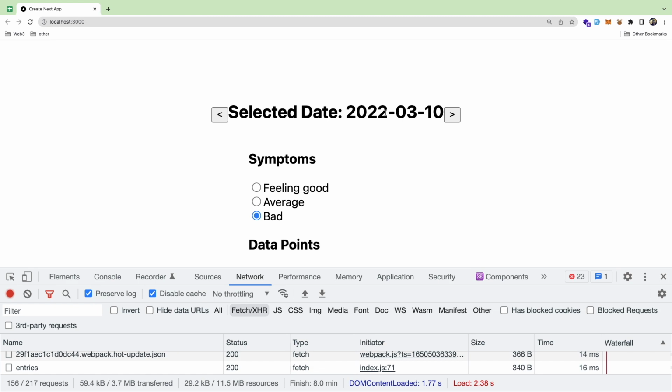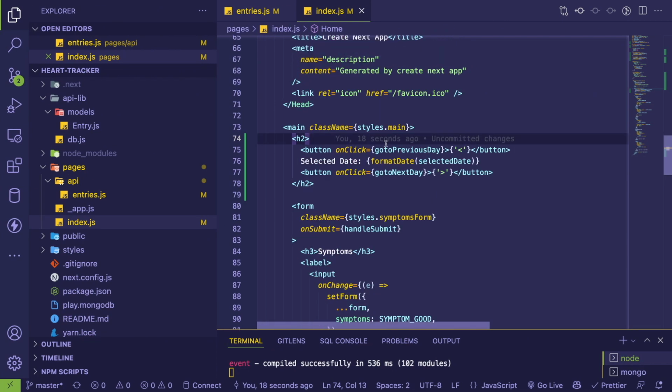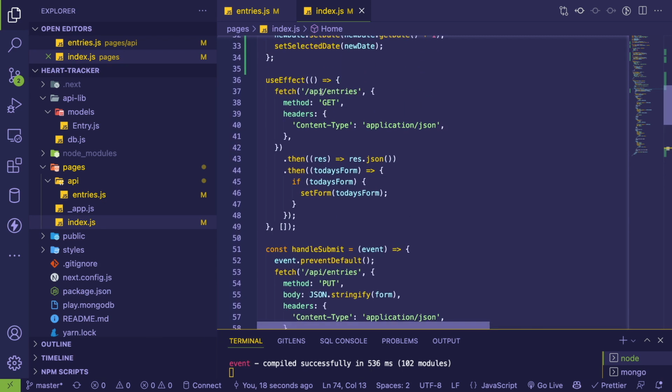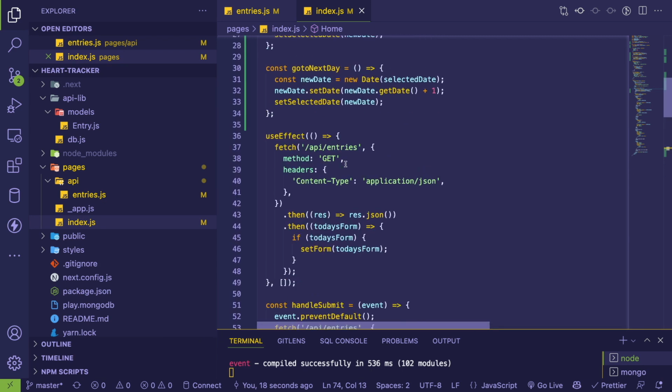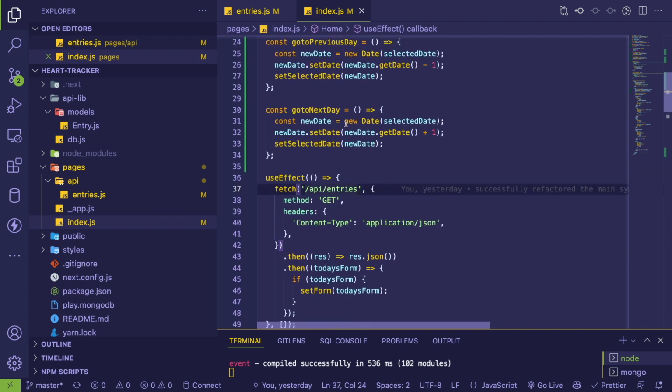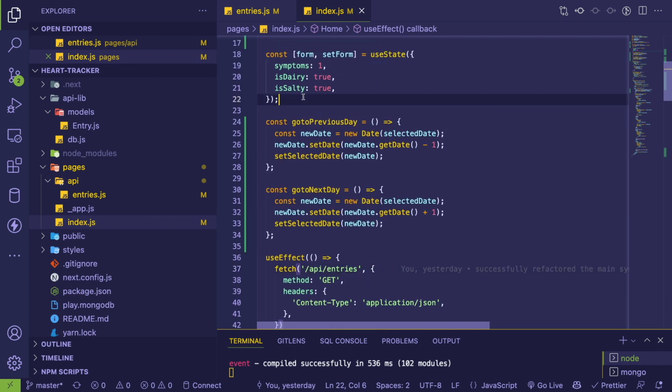But I'll probably regret saying that because I'm probably gonna have to abstract some of this stuff. So what we need to do is when we click on this button, we actually need to fetch the current date that we want. So we might have to add a new entry here or kind of change the way this works. So I'm going to make a function up here called like